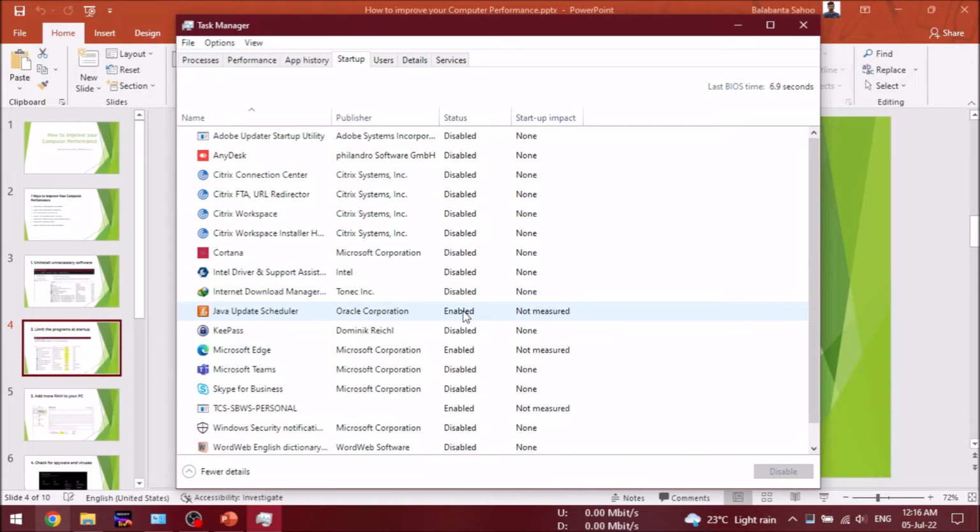Suppose I don't need Java update scheduler, I can just right click and disable it. I have disabled a lot of applications here, if you see, because I do not need them. They are just unnecessary applications which are eating up my memory, like RAM memory, not my memory, RAM memory, computer memory. Okay, so this is the second step, and now we go to the third one,